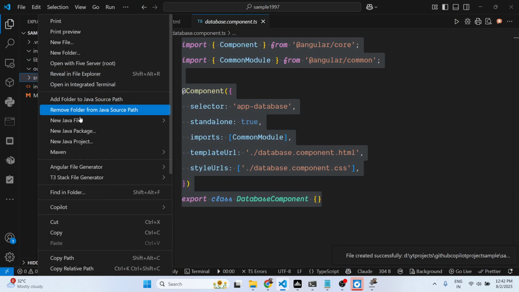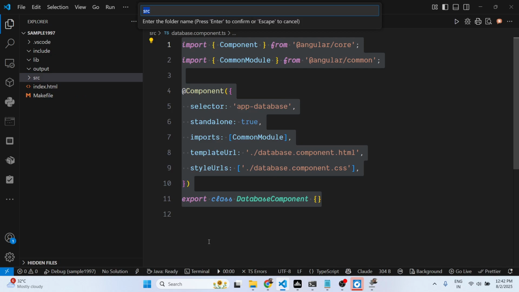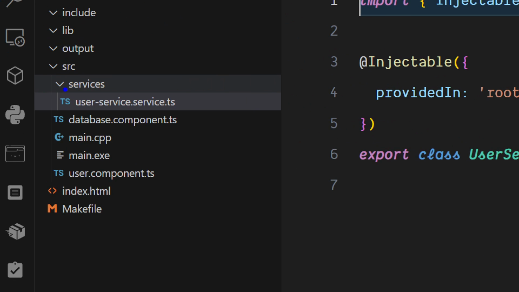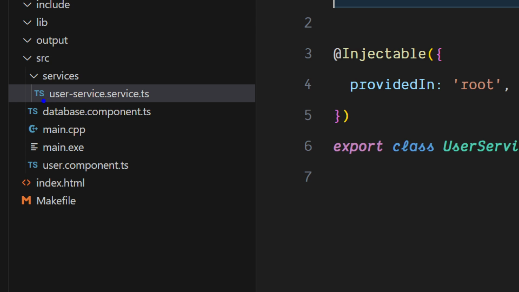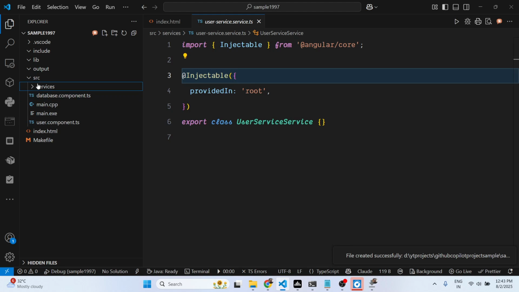Similarly, if you want to create, let's suppose, a module or a service, you can simply select this option, generate service, and you can also create a brand new folder as well. Inside the source folder, I need to create a services folder and just give user service the name, and automatically you will see now it will create a folder here, services, and inside this we have this user service file automatically created for you. So this will simply save a lot of time for you because you don't need to